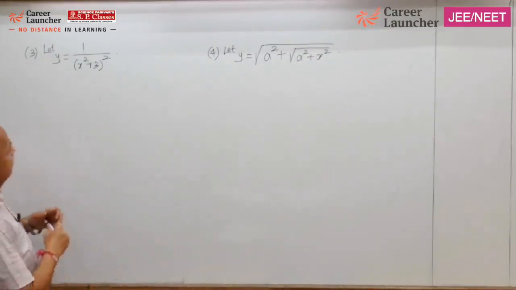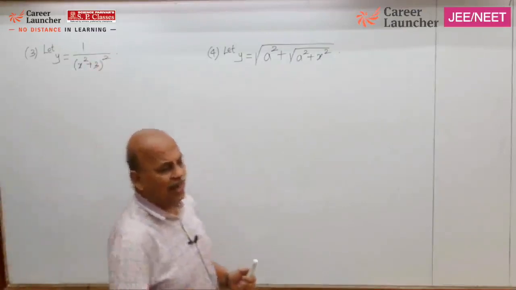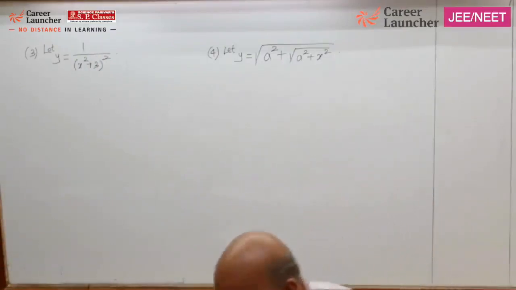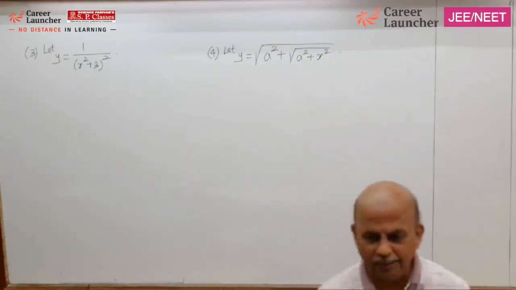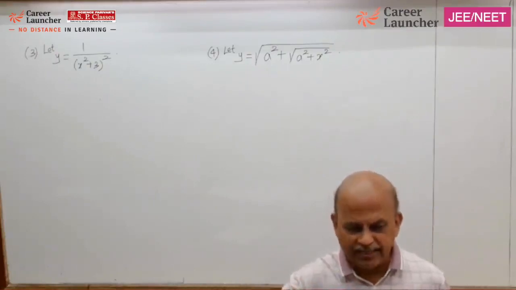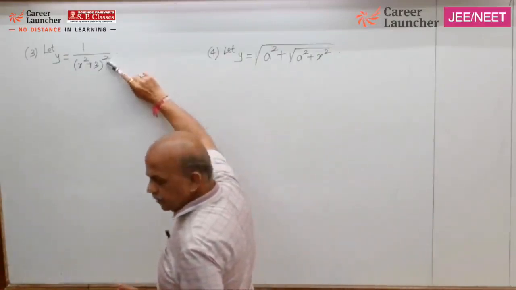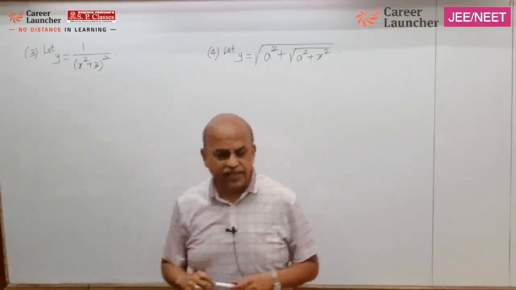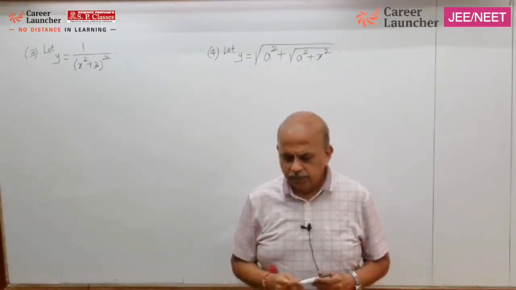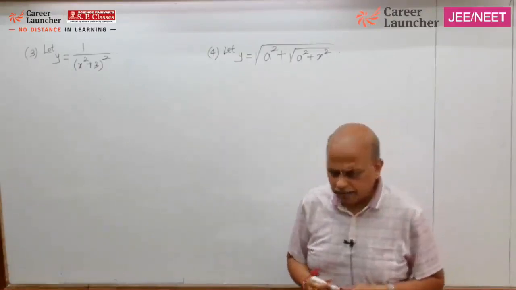Concentrate now. Think and give me the answer. 1 upon x square plus 3 the whole square. Which formula is it? Is it not the formula 1 upon x raised to n? Do we have it? Formula number 6. 1 upon x raised to n. What is the formula? Minus n upon x raised to n plus 1. Don't you feel here n is 2? But x is replaced by x square plus 3. So who will tell me what is the composite part? X square plus 3. Whichever function replaces x in the standard formula will be called a composite part.